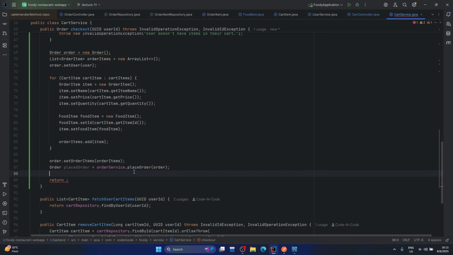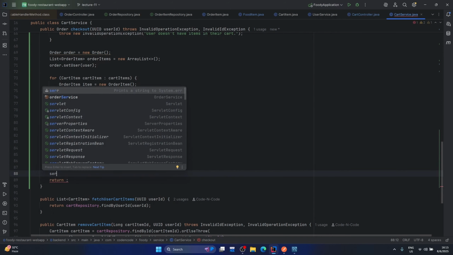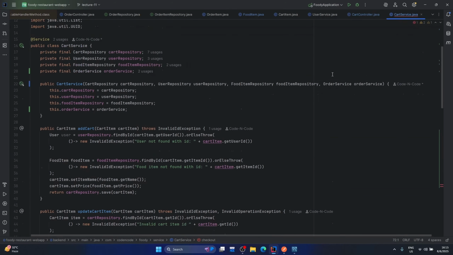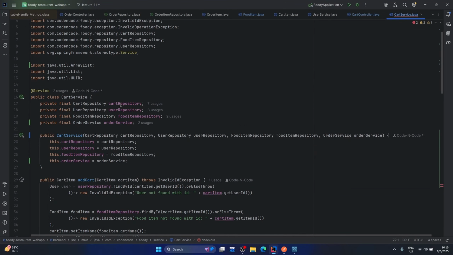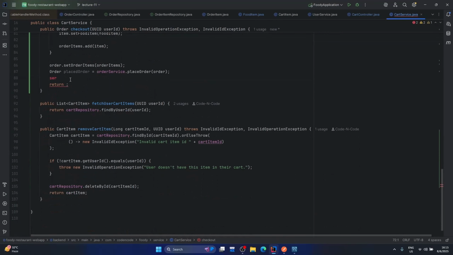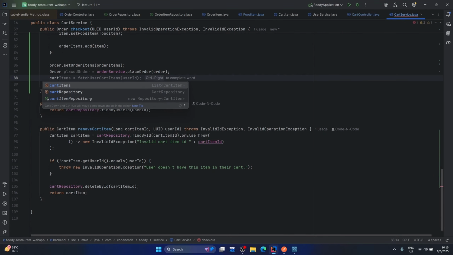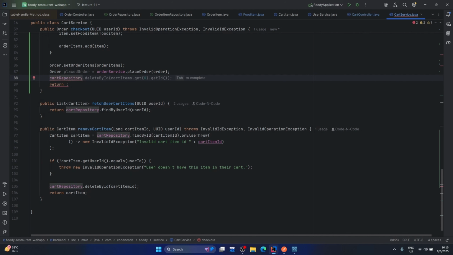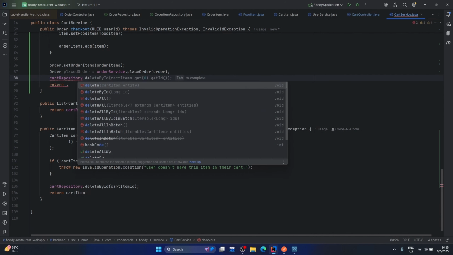So in the cart service, we have the cart repository. We'll use the cart repository, and in it you can say something like delete